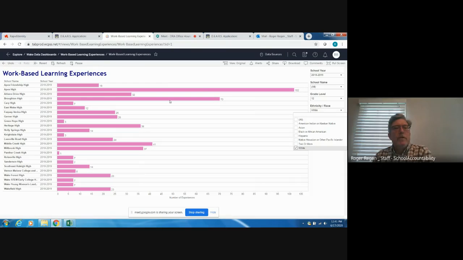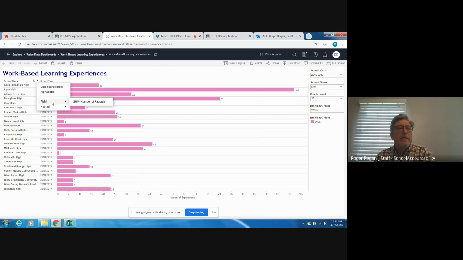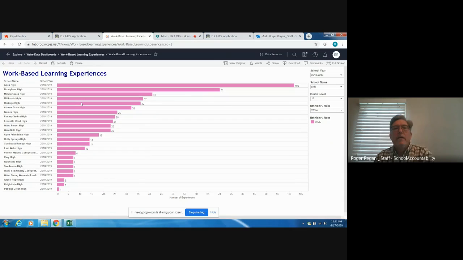Okay, so these are the number of students at each of our high schools who had a work-based learning experience last year. And you can see, again, there's wide variation in the number. And if you go over to the school name and you want to sort these in descending order, click on that down arrow, go to field, and click on sum. And you'll see Apex High had,